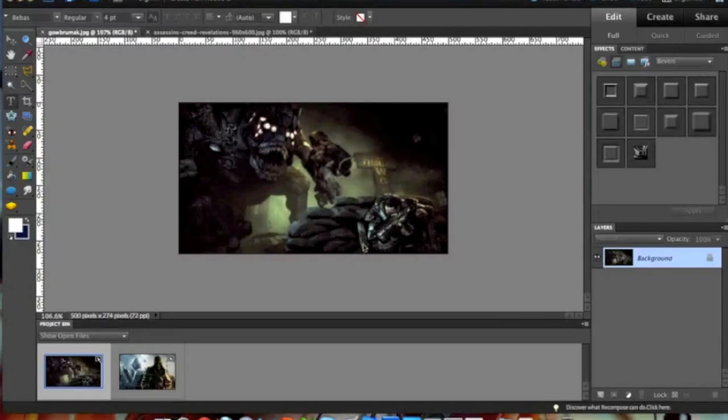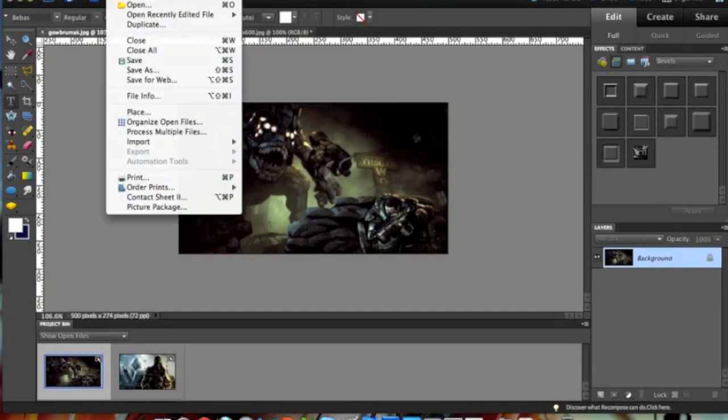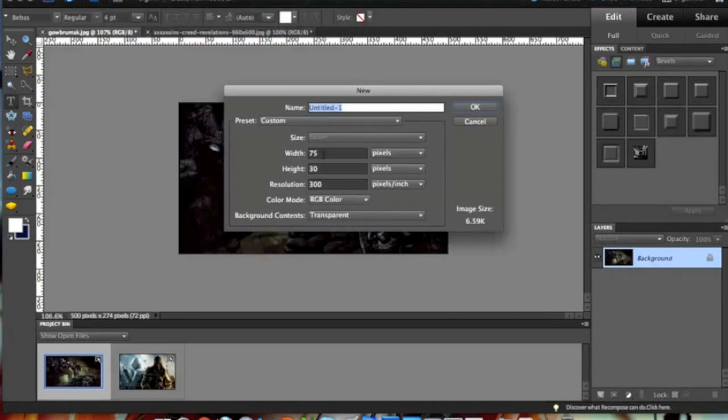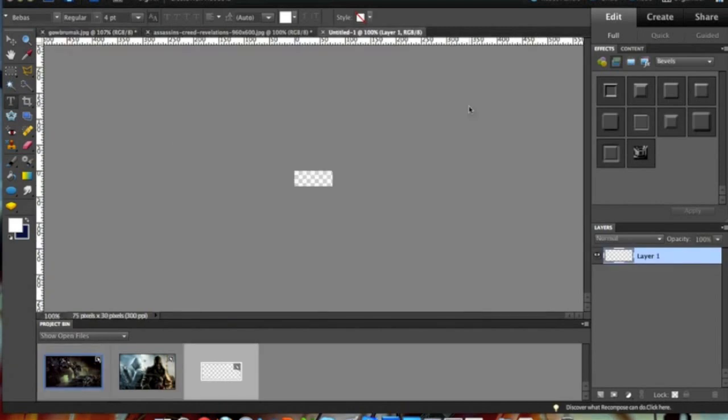I prefer Photoshop Elements 9. A lot of people use Creative Suite 5, but I just like the user interface a little bit better. We're going to create a new file, and for this one, I'm going to make it 75 by 30 pixels, and we're going to zoom in,